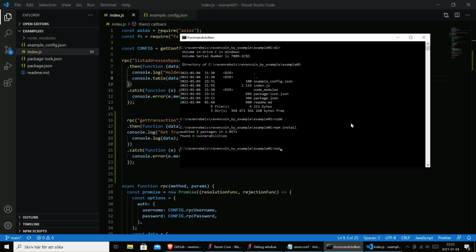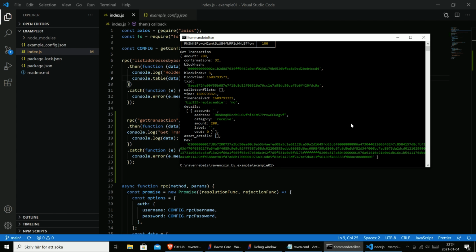So that's done, and then we do node index config file equals, let's see, C, and then we have Raven Rebels, Ravencoin by example, 01 example again config.json. Okay, so now we run the program,